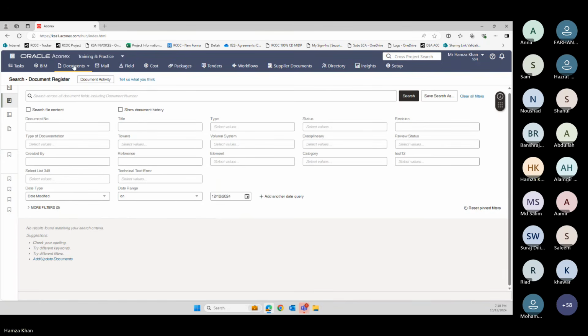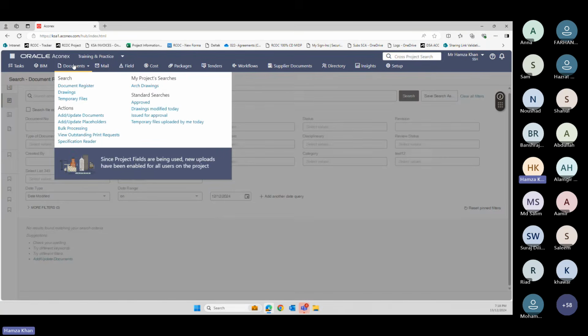Okay, good. So let's dig into the uploading part. You have three ways to upload your documents, and one is either